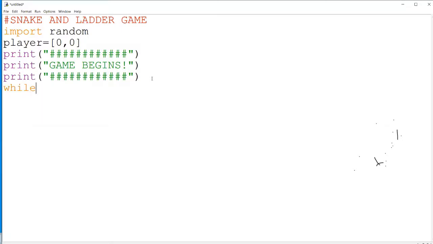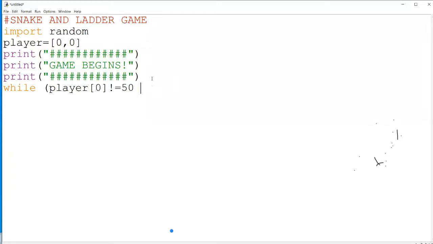I wanted to perform certain operations repeatedly until a condition is met. Suppose any of the players reaches the 50th position, I should stop there. So player of 0 is not equal to this value you can fix. I'm making this program only for 50. You can take a variable and supply that variable also, so based on that, you can increase the number of steps of the game. Here I'm going with only 50.